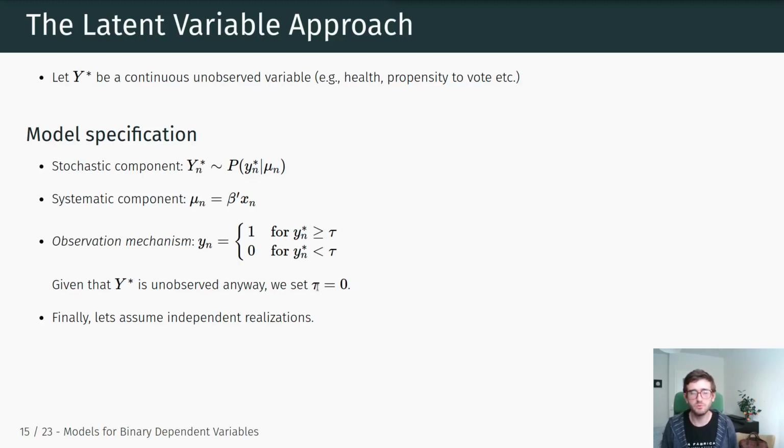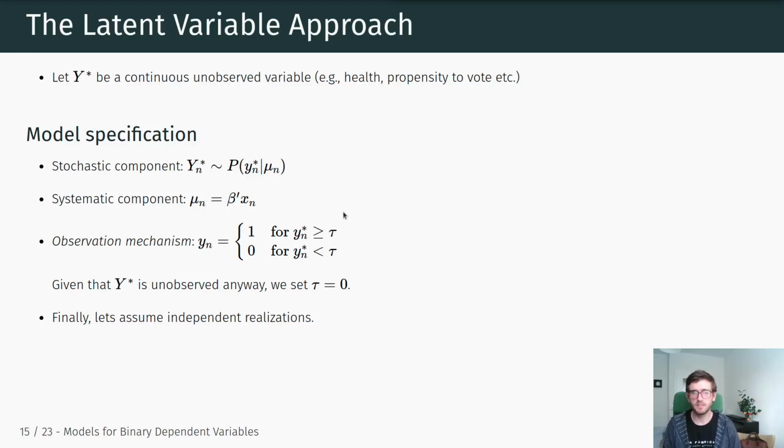0, right? So as soon as our latent variable is positive, that means the observed outcome is 1, and when this latent variable is negative, then our observed outcome is 0, okay? That's just a simplifying assumption. We could use any other thresholds, but we have to make some choice with regard to the threshold in order to actually identify this model. We're also assuming independent realizations, so no autocorrelation, no interference between observations, and so